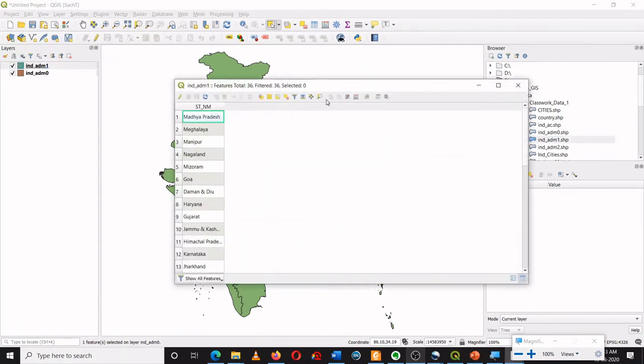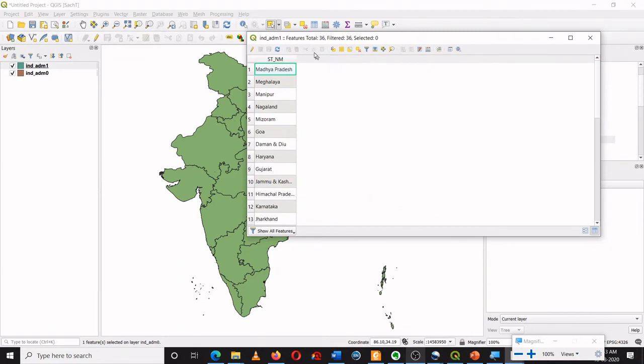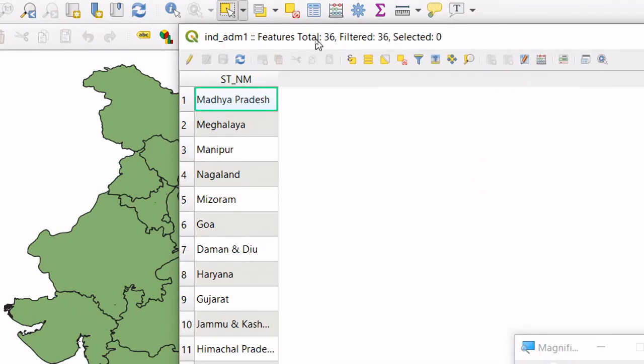So here is the attribute table, and I want to see how many features are there. You can also see the features over here, total 36 features. Okay, you can see the features over here, 36 features, selected 0, filtered 36.